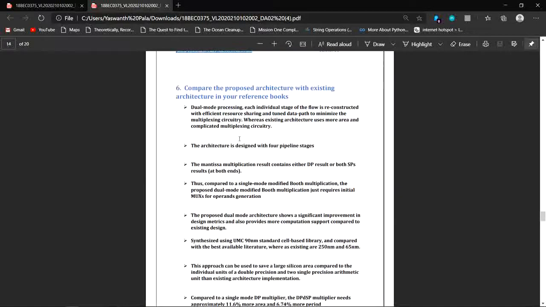Okay, this is about the fifth question, and the sixth question was to compare the proposed architecture with the existing architecture in your reference books. So I have collected data from the journal I have selected, and I have collected some of the data on how generalized the architecture is based upon this type of mode, this type of floating point which has these two modes of the multiplier, from the other